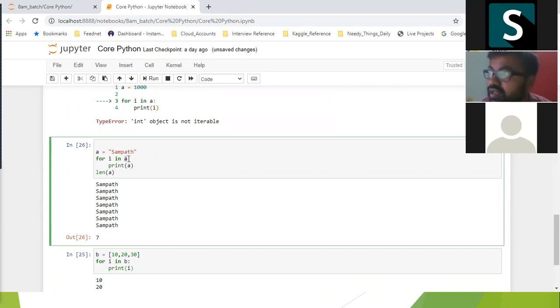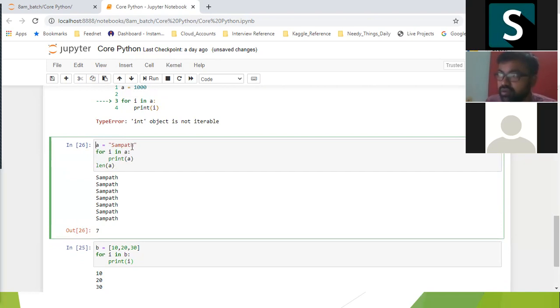Like for I in A, index-wise it will come and store one by one. Then it will print this object. So we don't write n number of lines to print or execute certain things. We go with a simple syntax and simple coding instructions. So in Python, we can do great jobs. I'll explain this more clearly to you.